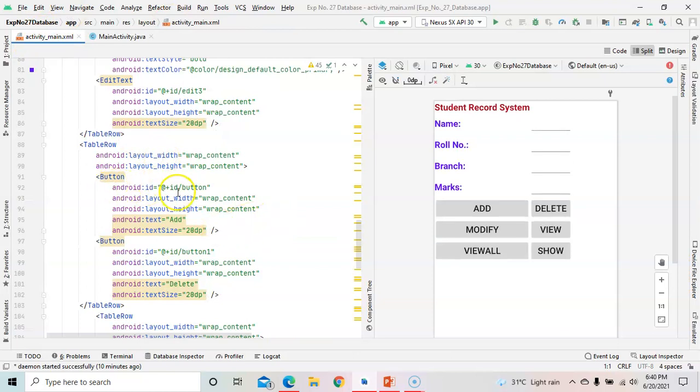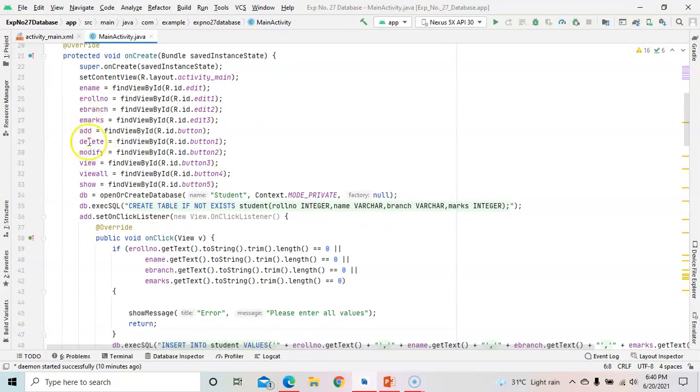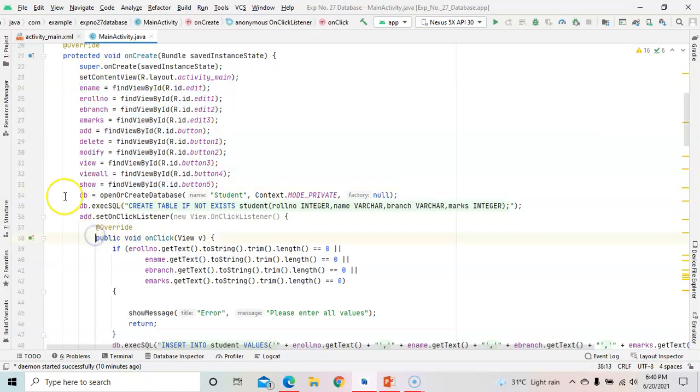You can see these button IDs. So we need to assign the IDs to the objects, and here by these lines we have assigned the IDs to the objects. Now next we need to create a database, right? So db is the object of a database.